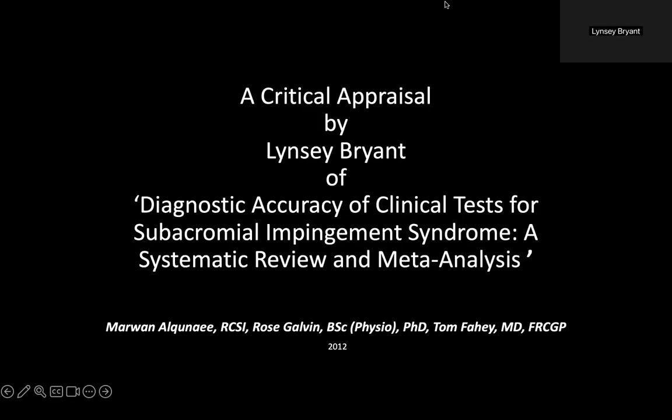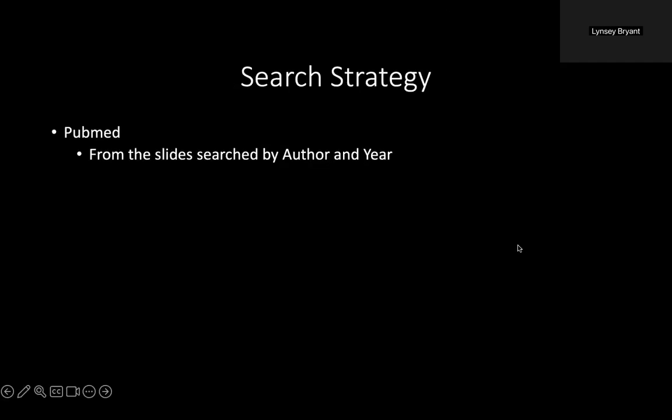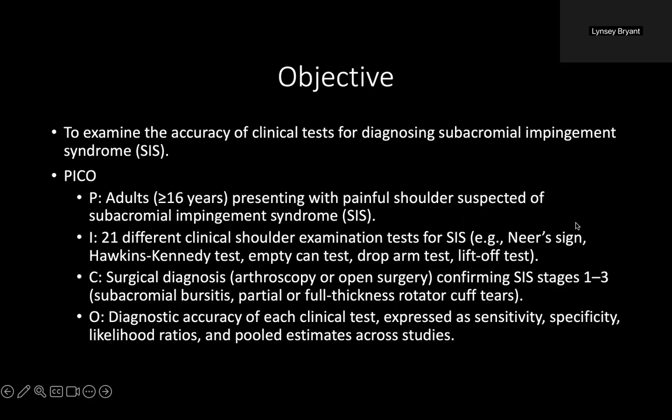This critical appraisal is on diagnostic accuracy of clinical tests for subacromial impingement syndrome. This is a systematic review and meta-analysis. The study was from the MSK slides by the author in the year of one that was missing a critical appraisal. The objective of the meta-analysis was to examine the accuracy of clinical tests for diagnosing subacromial impingement